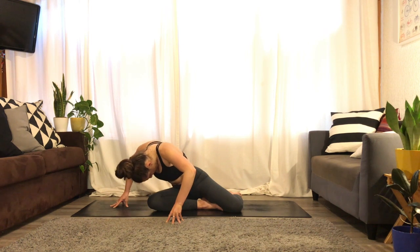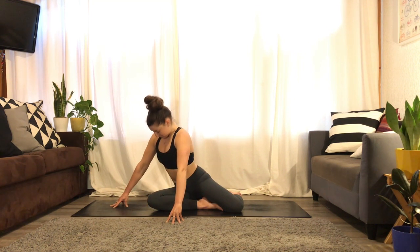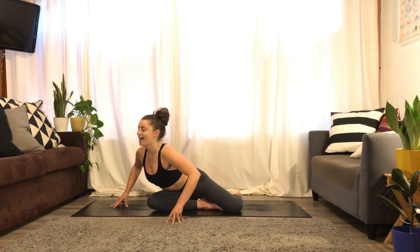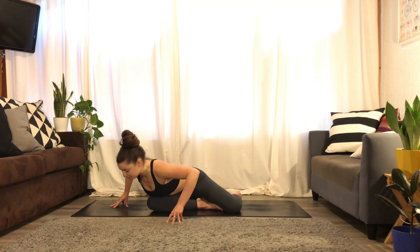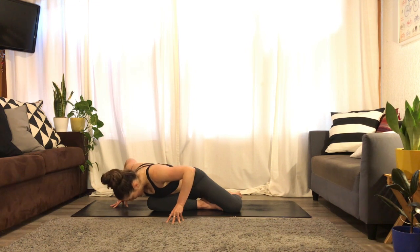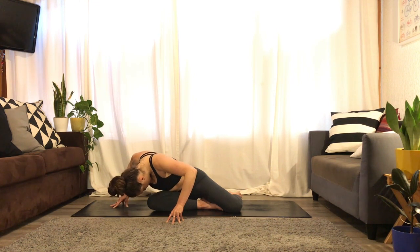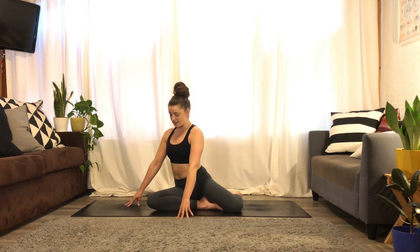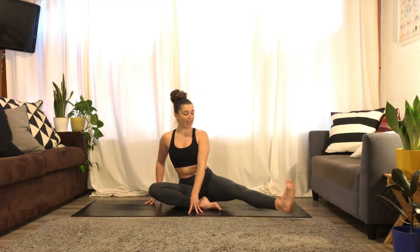Inhale, rolling up. Exhale, melting down, moving with the breath. As we inhale, we'll roll back up through the spine, lift and lengthen. Slide the fingertips back, and from here we'll extend the right leg out to the side, flexing through the foot